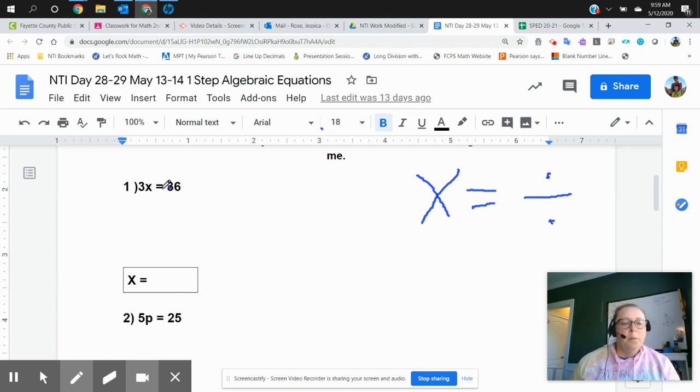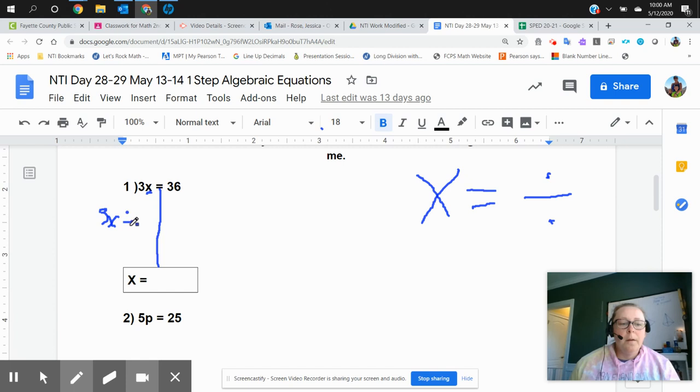So the first step for one-step algebraic equations is we find the equal sign and we draw the line. The second step is we look at the number and the operation that is on the same side as the variable. So I'm looking at this side because there is my x. And remember, this says 3 times x. So you have to think to yourself, what's the opposite of times? We can go over to our visual and see the opposite of times is divide. So I'm actually going to do 3x